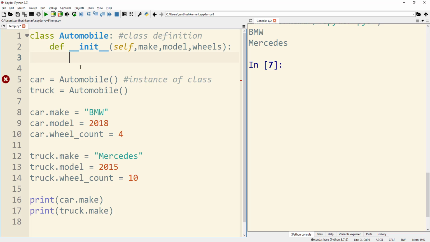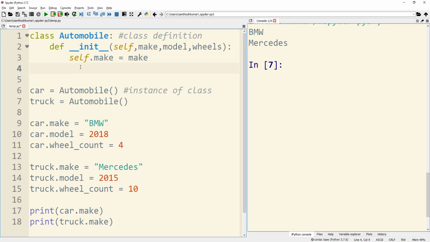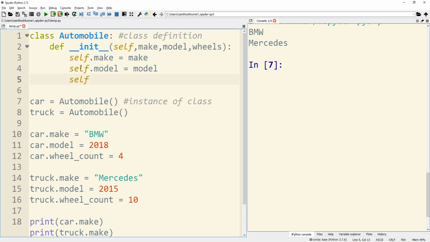So I am defining a constructor for this automobile class, and within that I am initializing the values of all these three arguments: self.make equal to make, self.model equal to model, and self.wheel count equal to wheels.